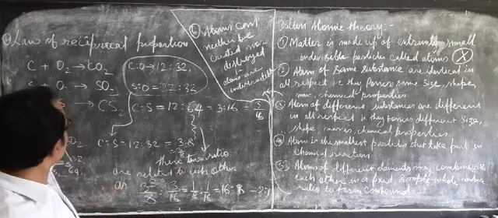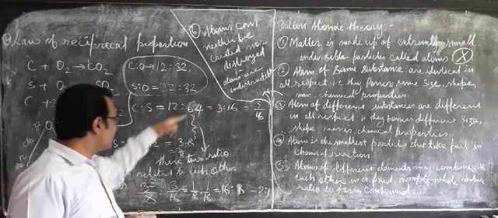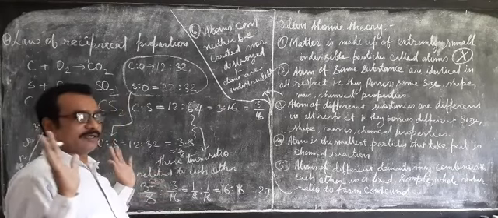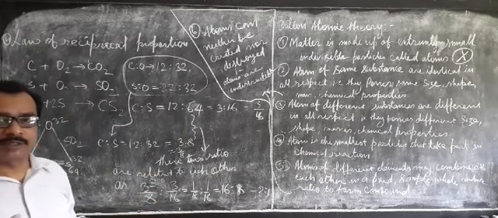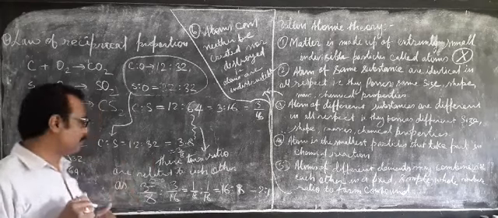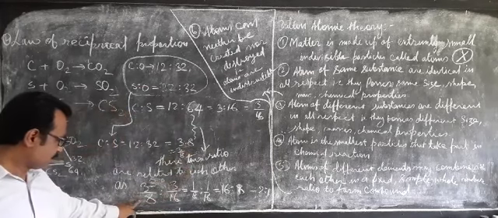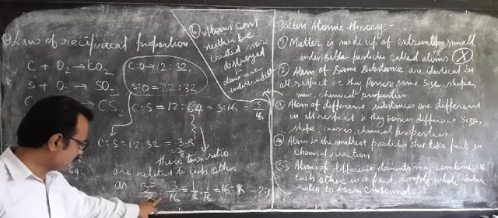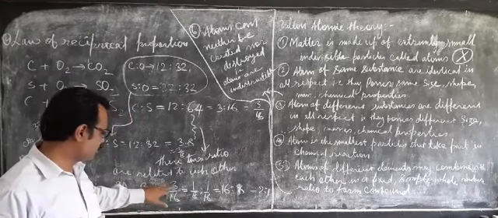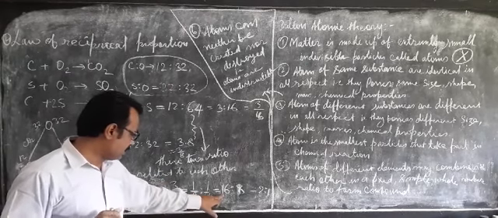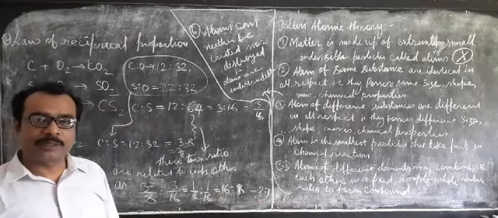According to the law of reciprocal proportion, these two different ratios are in a whole number ratio with one another. Now we will find out the ratio between these two: 3 is to 8 is to 3 is to 16. So 1 by 8 is to 1 by 16. Mathematically, 3 is removed, and it will be 16 is to 8. Ultimately we get 2 is to 1. 2 is a whole number, 1 is a whole number.